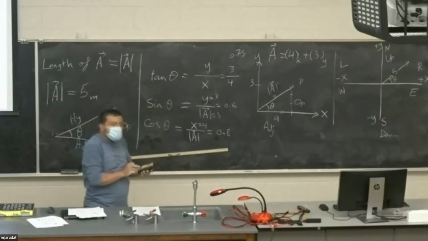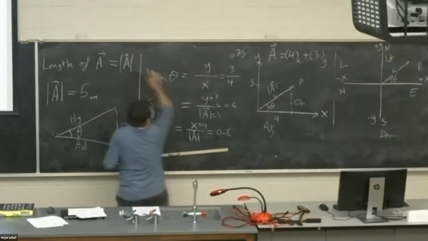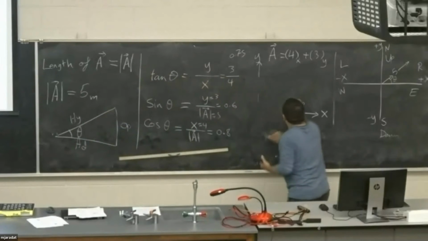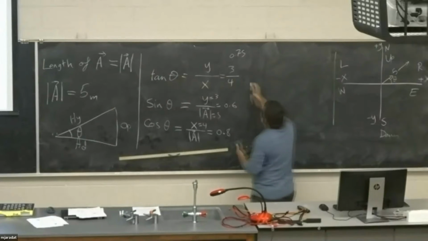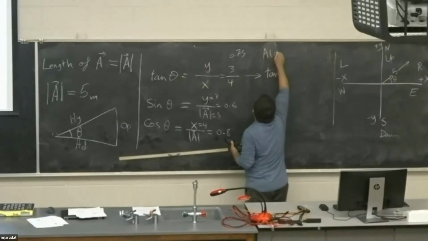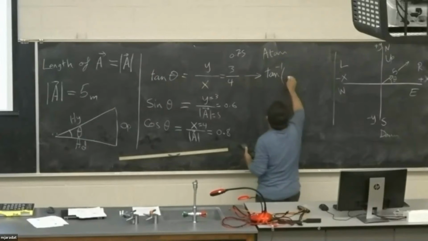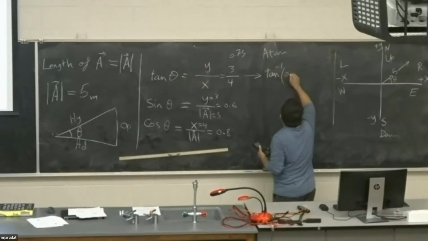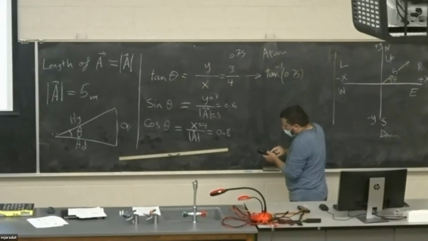I will use the inverse functions. We sometimes write arctan or tan inverse of this numerical value, 0.75. Tan inverse of 0.75